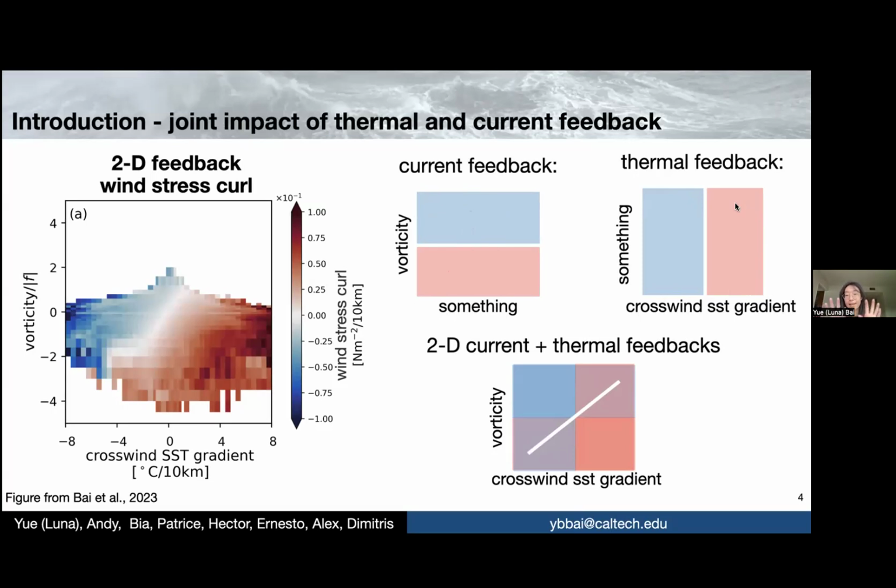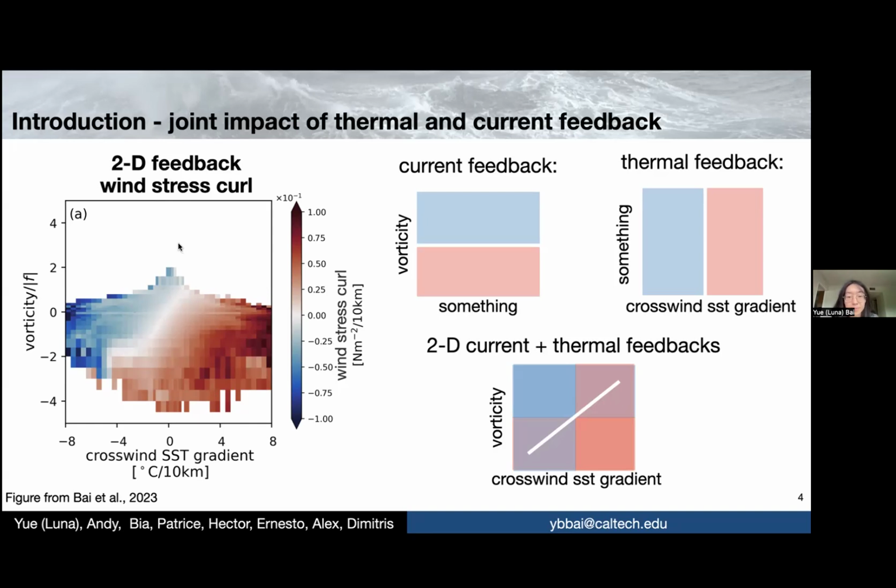And now imagine that we're adding those two blocks together. In the first and third quadrants, where the impacts of these two feedbacks are counteracting each other, we can see that they're canceling each other's impact. And at some point, this cancellation is complete, and so we see this zero line in the middle. But in the second and fourth quadrants, current and thermal feedback's impacts on wind stress curl are reinforcing each other. And so this is the parameter space where we would expect to see the strongest and most anomalous values of the wind stress curl. And that's exactly what we're seeing here